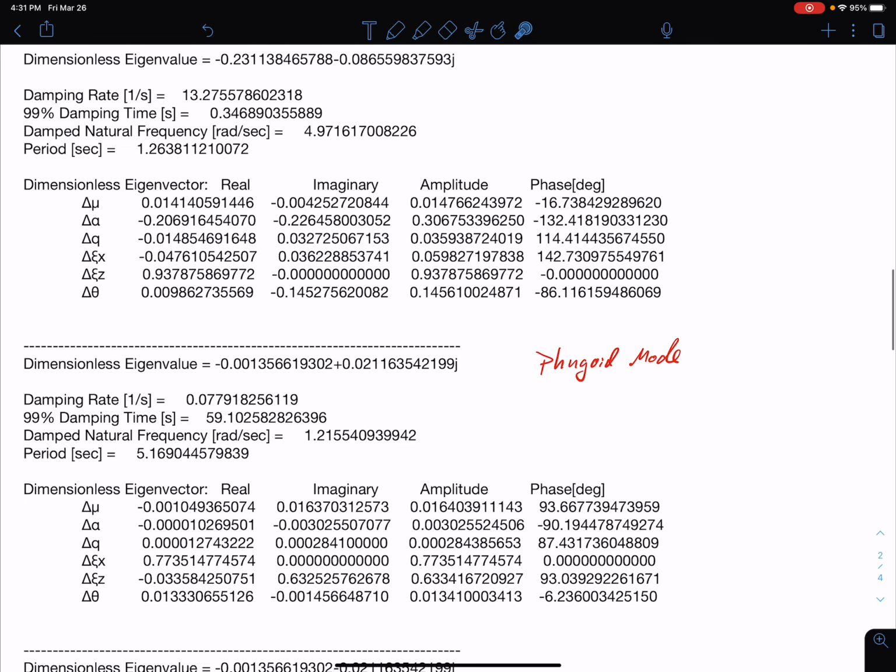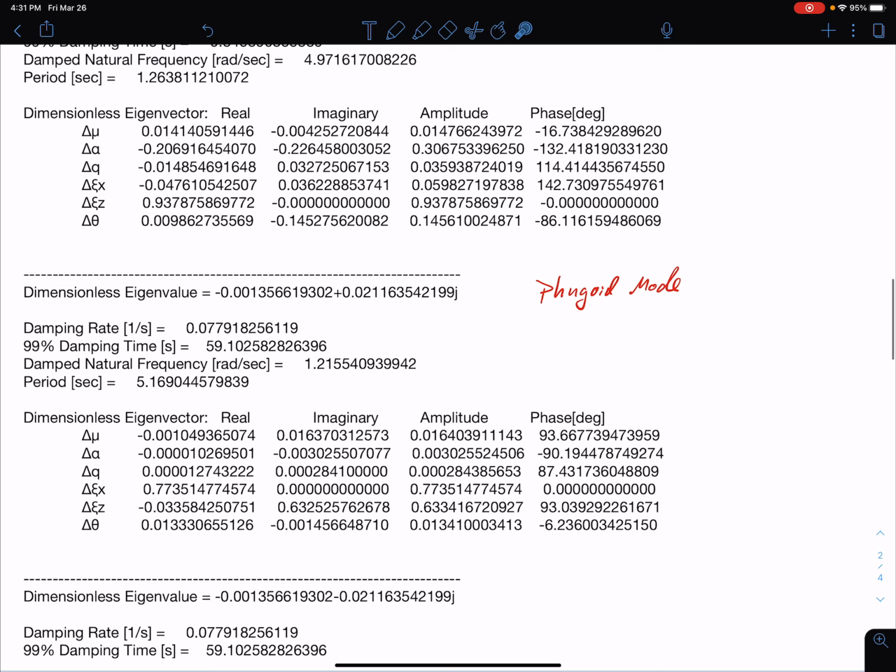Okay, so let's look at the components of this eigenvector down here and see if we can figure out what's happening. Now, this eigenvector is a little bit different than typical eigenvectors you would get on manned aircraft, and so I'm going to point out some of those differences. Because this is a small glider, some of the relative magnitudes that we get in here are a little bit different than what we would see on a larger aircraft, but it's really not a problem. We can learn a lot here from this.